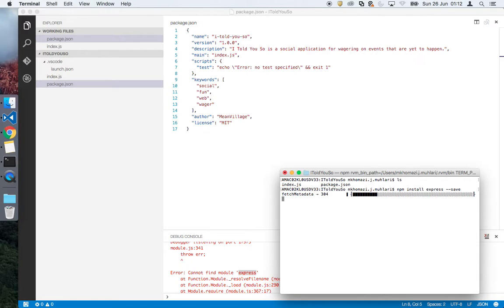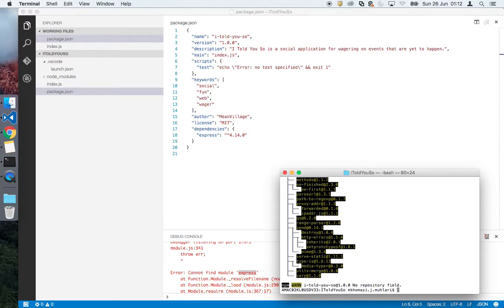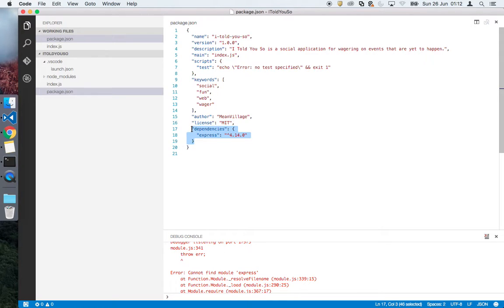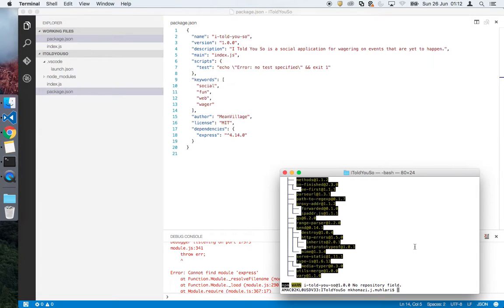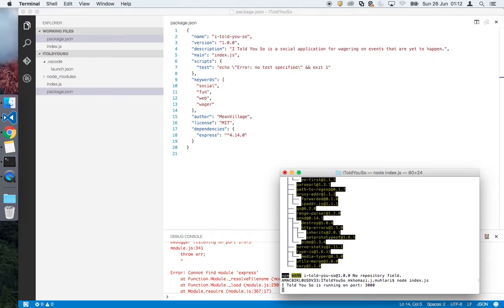So it's fetching the dependencies. Okay, there we go. If you look closely, it's actually gone and defined the dependency that we just fetched automatically for us. This is quite cool because when you're using continuous integration environments, you can automate the whole process of adding new dependencies. So let's try running it again from the terminal. Node index, hit enter. It says I told you so is running on port 3000, which is really cool